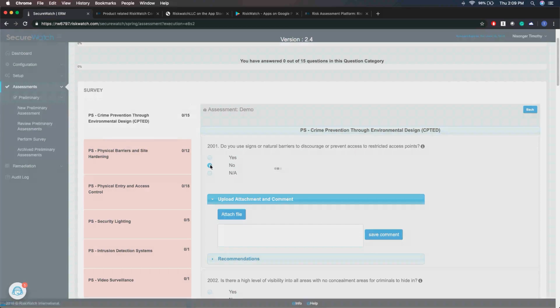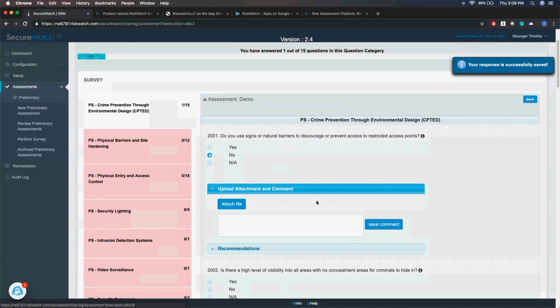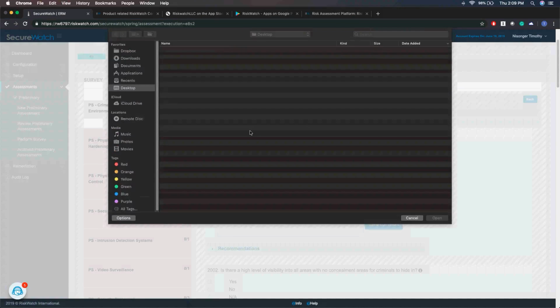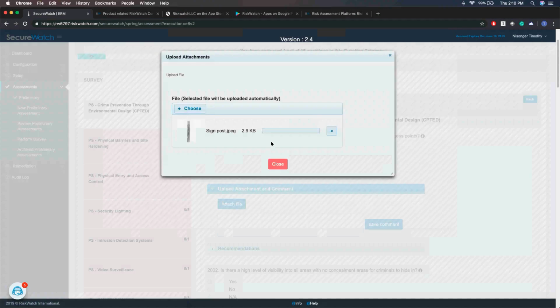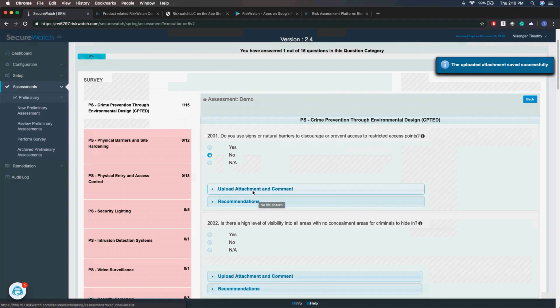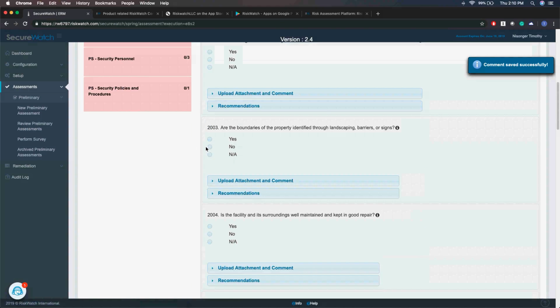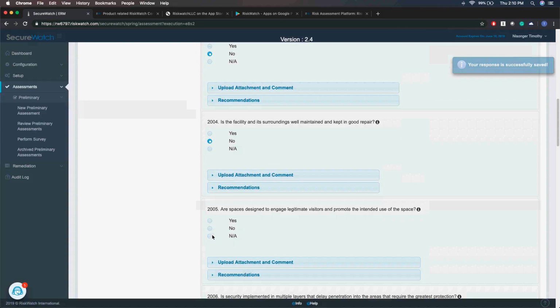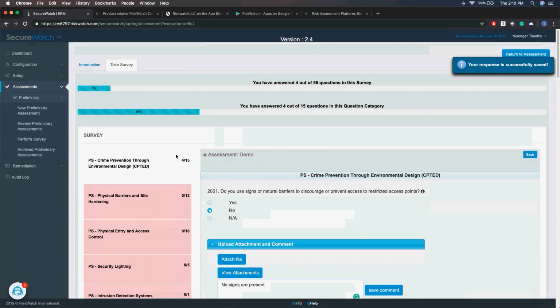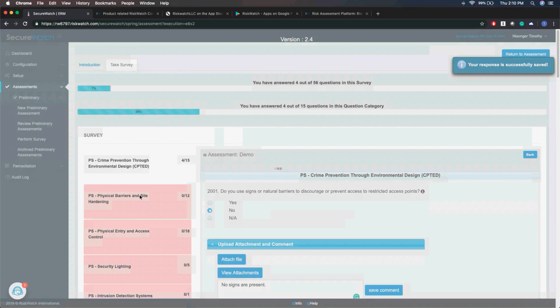So I'm going to go ahead and answer a couple. So this one about signs. If I wanted to attach a file, it's as simple as attaching here. Make a comment. Just answer a couple. Now,